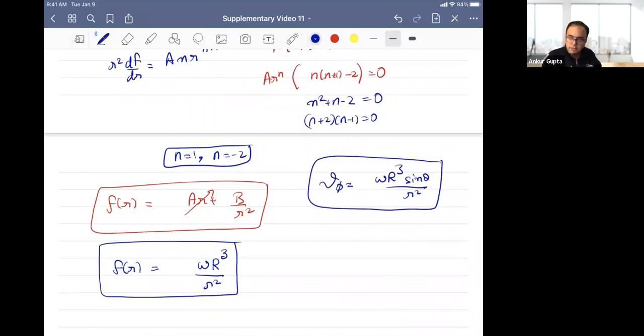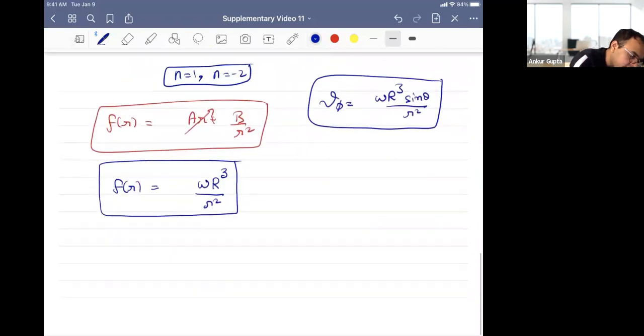Now the next thing we want to do is find the torque. So we have the velocity, and this is the only velocity which is non-zero. You can see it only depends on the spinning, omega. If omega is 0, this velocity also goes away, which means the fluid will remain quiet. If omega increases, this also goes up. It depends on sine theta and depends on r. The farther you go away from the surface, the smaller the velocity is. And at the surface, the velocity is omega r sine theta, which is the same as the boundary condition, or no slip condition. Okay, so now the next thing is to calculate the torque.